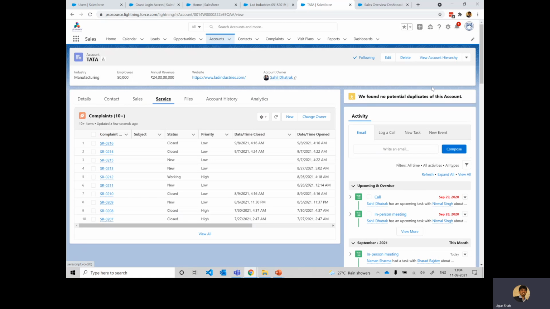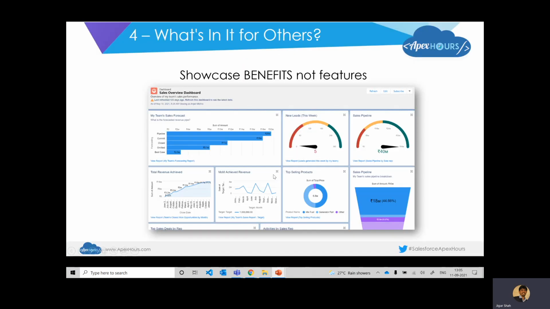Now this gets your sales users excited, because you are reducing the effort and time he would otherwise be investing in going through each of his important customers, right? So it is extremely important that you tailor your messaging to showcase the benefits and not the features, right?